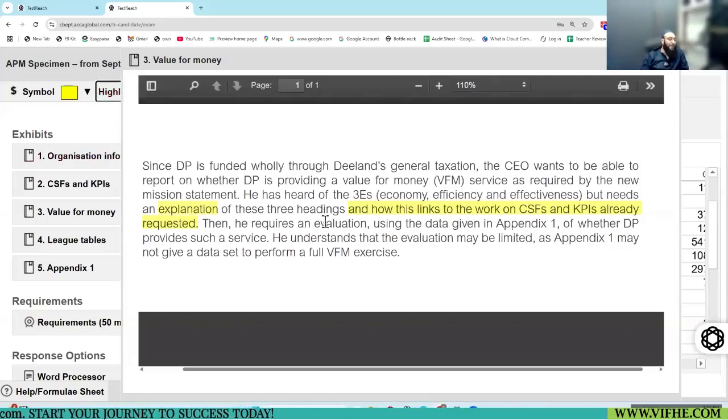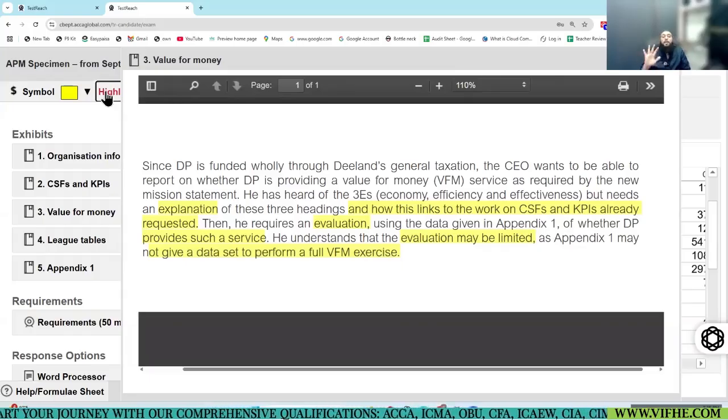Then he requires an evaluation using the data given in appendix 1 of whether the company provides such a service or not. He understands the evaluation may be limited as appendix 1 may not give a data set to perform a full VFM exercise.